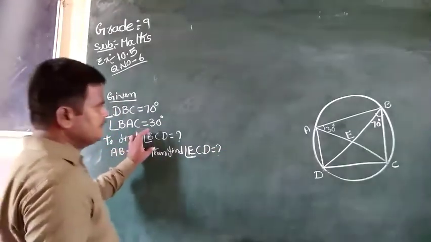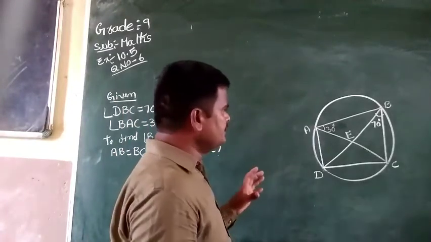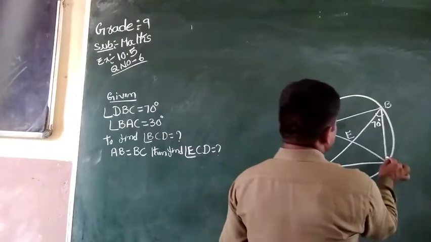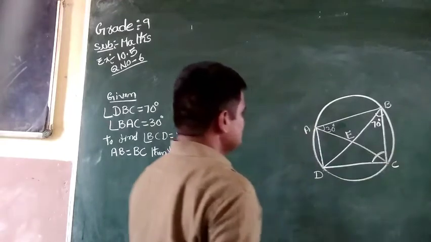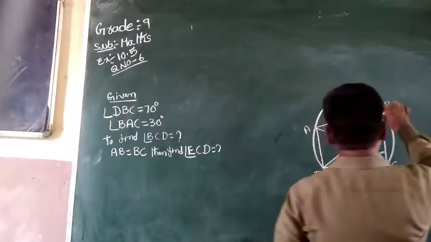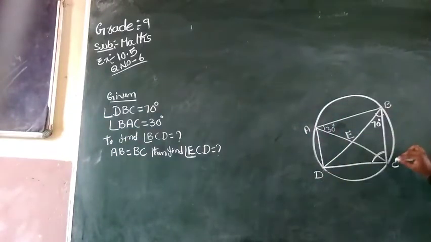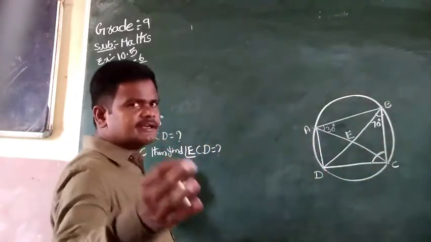So first to find BCD. How to find BCD? So you have to find this angle. This is the BCD. So here observe the cyclic quadrilateral. This is the curve BC. So here angle BAC and angle BDC are equal. These two angles are angles in the same segment of a circle.